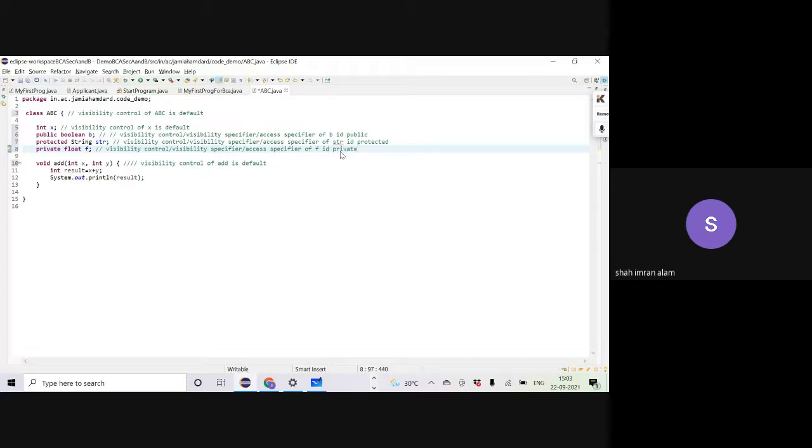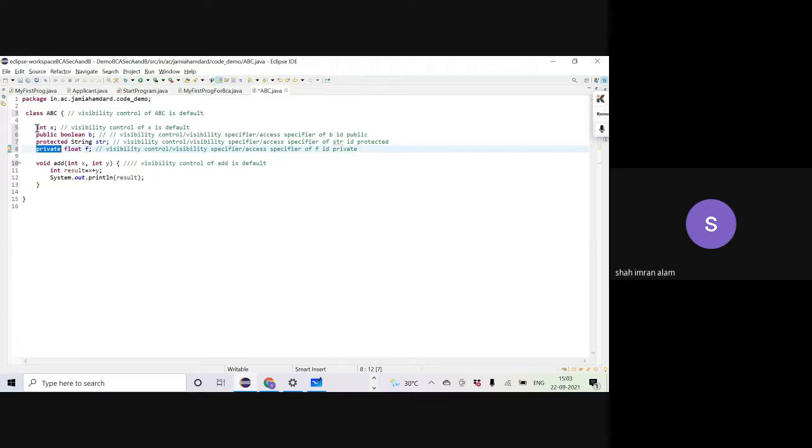Okay, so that means if I am using a keyword public, protected or private, I will call them specifier because there is a keyword to specify their visibility control. Let me repeat, if I am using a keyword like public, protected or private to declare their visibility control or access control, then it will be called as specifier.